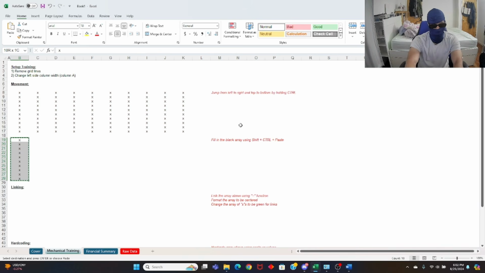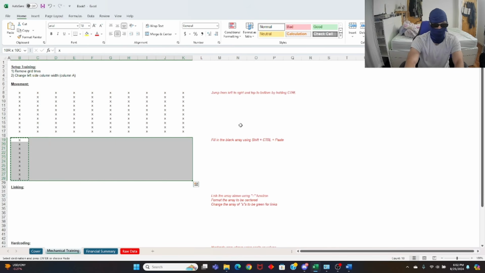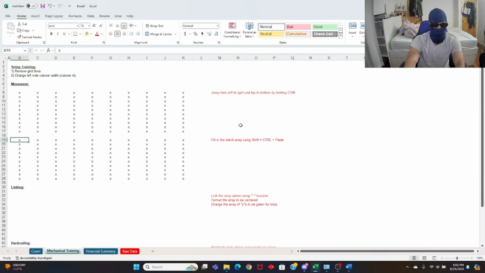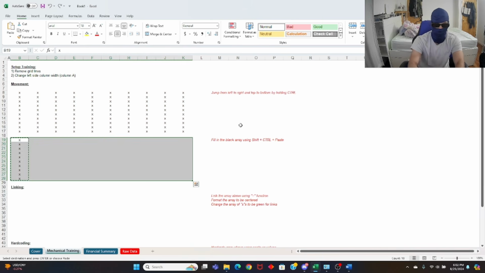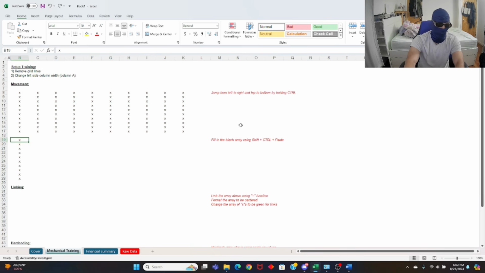So we're going to click control C, that's copy. I'm sure a lot of you guys know this just from using the computer. Control C, and you're going to go all the way here to column K. And then control V, which is paste. Paste. And now you guys have all of this array. But now let's undo, control Z, go back. We're going to do this faster, right? What's a faster way to do this? Now this is sort of efficiency and also logic flow, right? It's like a puzzle, and this is where Excel gets really, really fun. You control C, copy, and now you're going to hold down your control, go up to the right to column K.